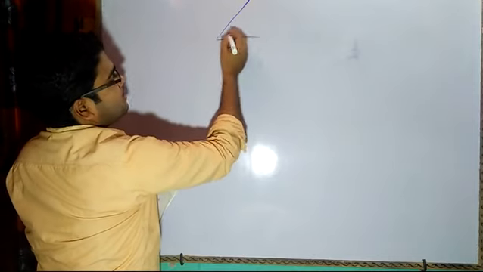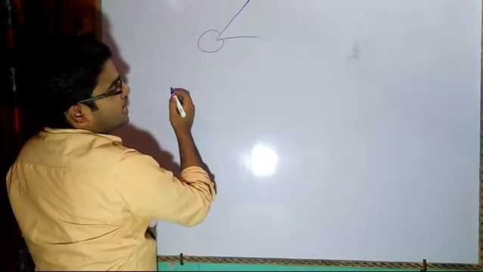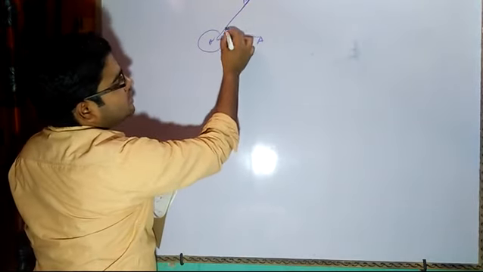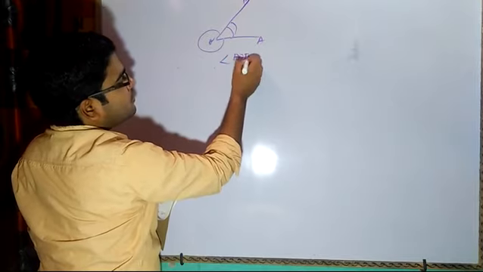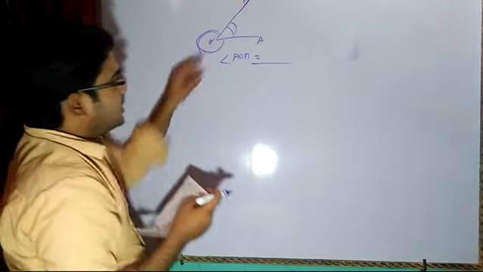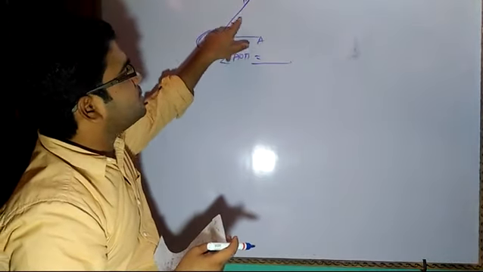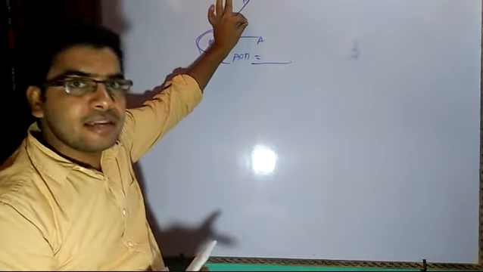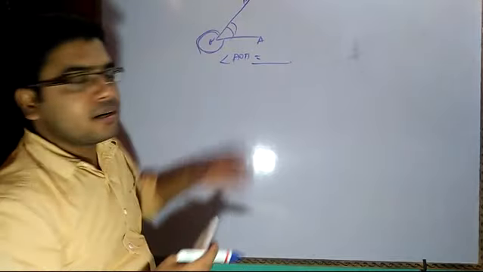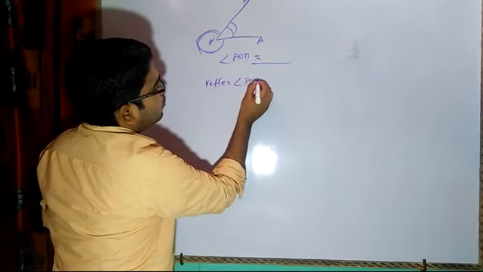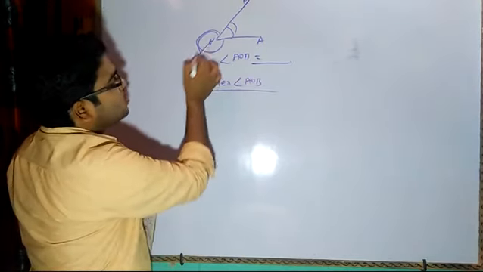So what is reflex angle? Reflex angle means like one angle we are having, this entire angle, this side is called reflex angle, like AOB. Then how do we write this angle? We write angle AOB, whatever measurement. Now if I have to represent this side angle, if I write angle AOB, it is understood that it is the angle included between the arms inside. Now if I have to say the exterior angle, then for that I have to write reflex angle AOB. Reflex angle AOB means this outer part.